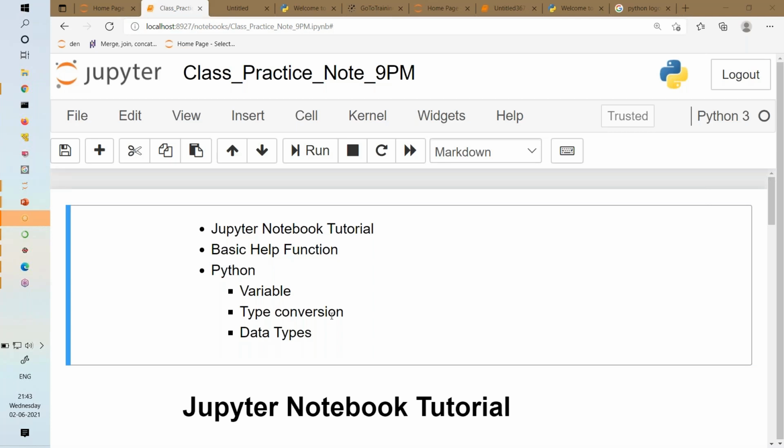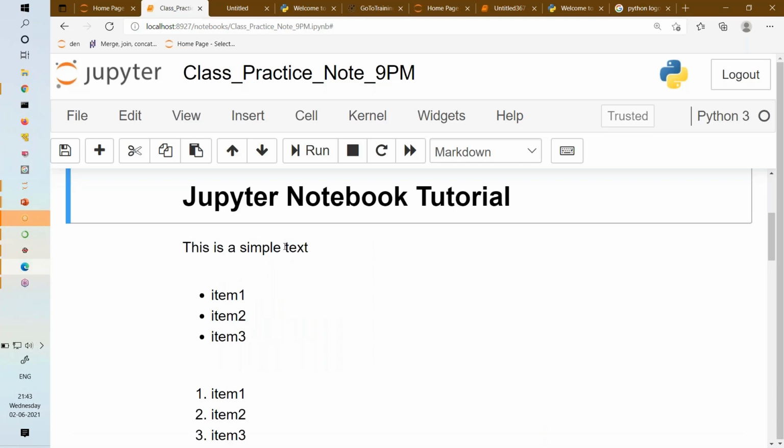No. Only Python they will support. Python code only they can understand. Markdown, you have written a lot of code here, right? Markdown, you have given headings, all of these things. So those IDEs will not understand what you have written. So you will get an error.